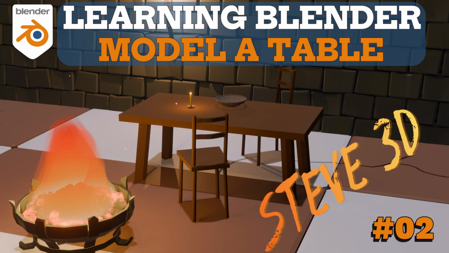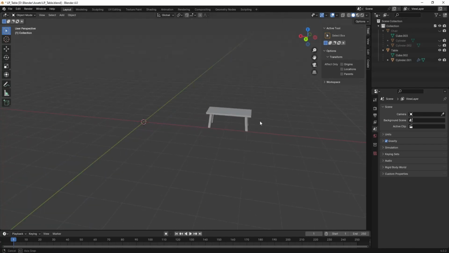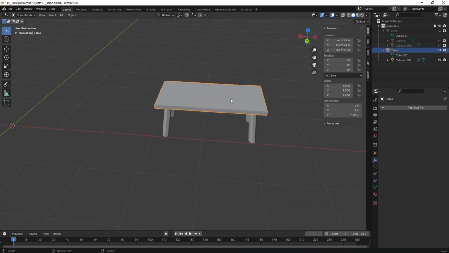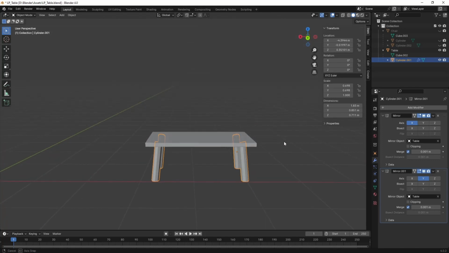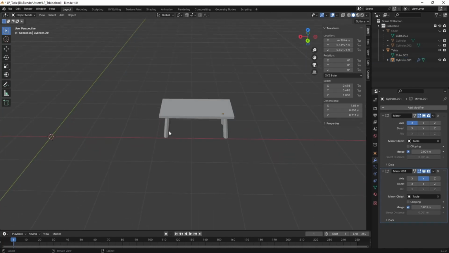Now let's talk about the object of the day, a simple table. First, let's analyze the object itself. I created already one to show you how it should look. This is a very basic table. Low poly, it has a tabletop and 4 feet, all simple shapes, or in other words, the perfect object to